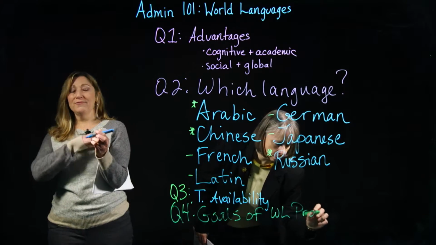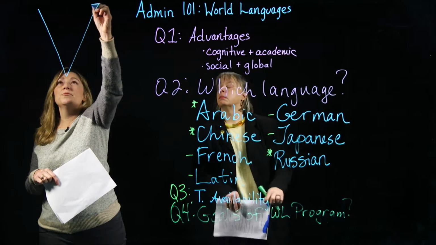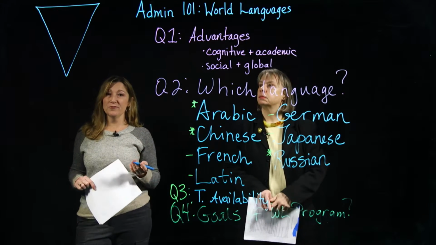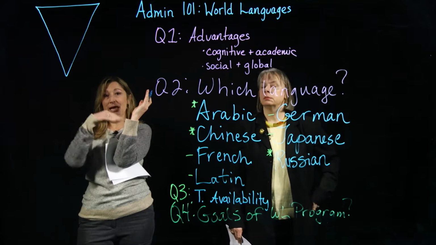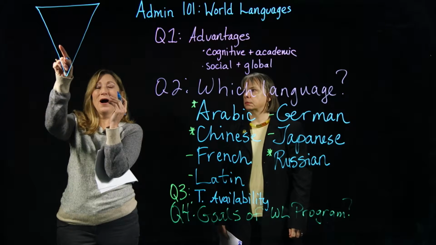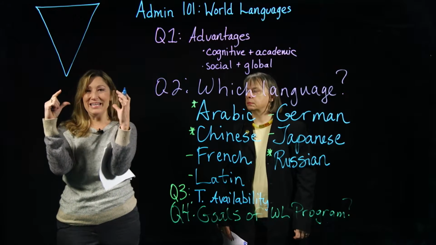Now, one thing we have to understand in order to talk about your proficiency goals for the program is this inverted pyramid. And this is how language proficiency is always referred to. As you move up the pyramid, it takes more time. So a student might get stuck there for a while. It looks like they're not growing, but they are. It's just more skills they need to have.